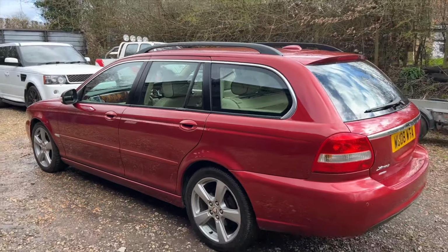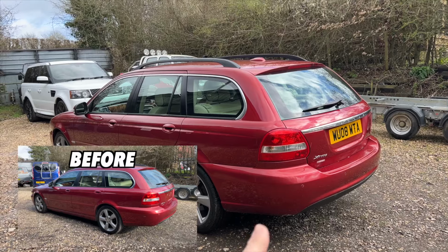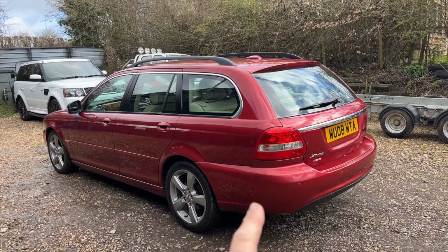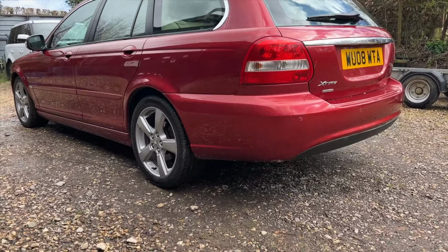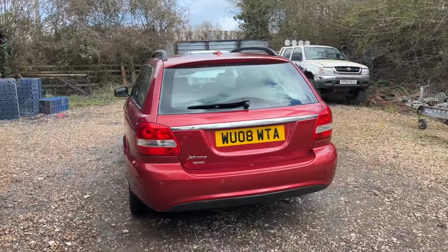Oh, I wanted to mention quickly, that little scratch I spoke about on that bumper, I did tell you I repaired it. Proof is there, I have got rid of it, so the scratch is gone, and that bumper's looking perfect again. Anyway, I'm going to do a little walk around, show you the interior,